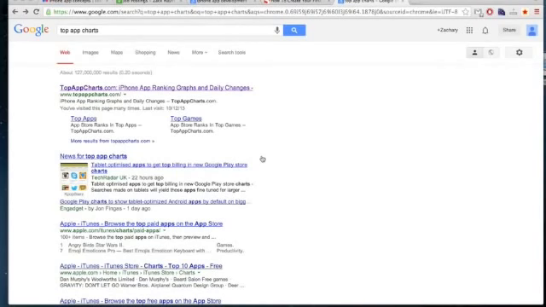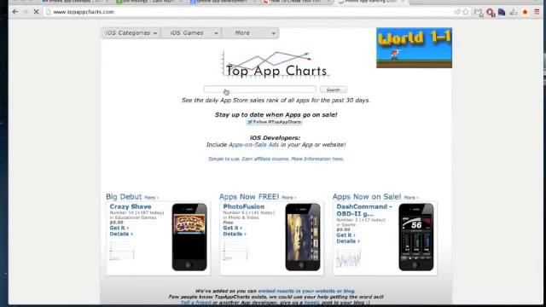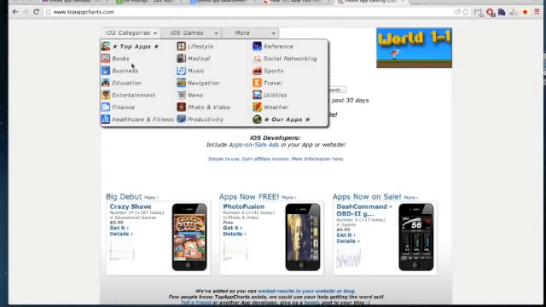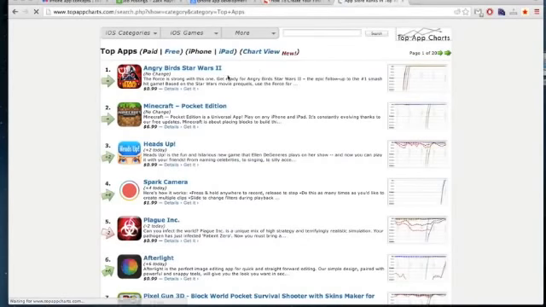So when I get an idea for an app, I usually go through and check topappcharts.com. I check what's hot right now, what's going on, what's in demand, what do people want. If you don't have an idea for an app yet, you can come right here to top apps, and this is the top apps in the App Store right now. So obviously Angry Birds, that's a big surprise, but